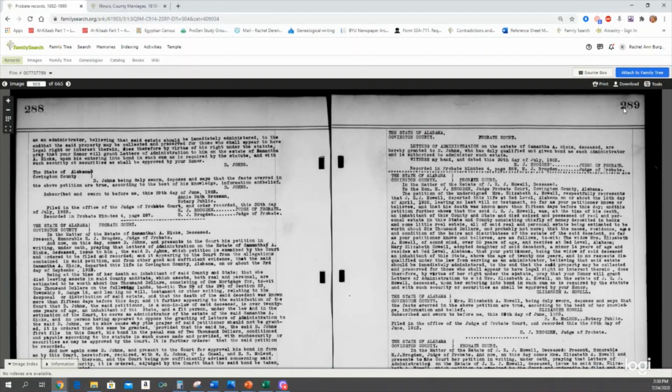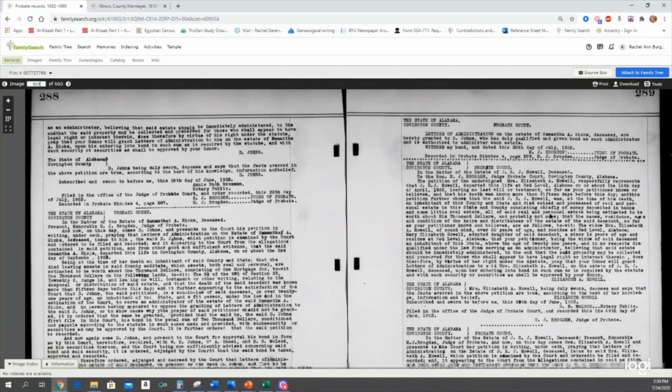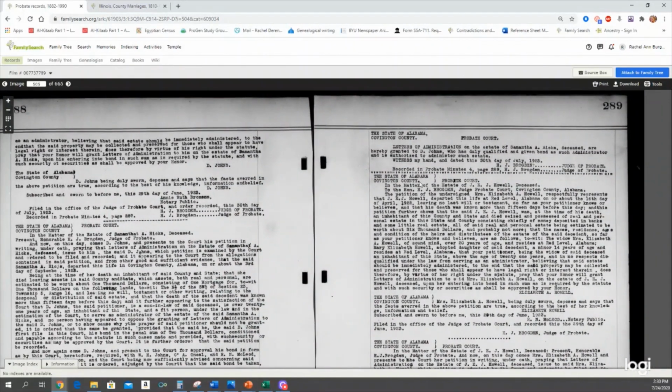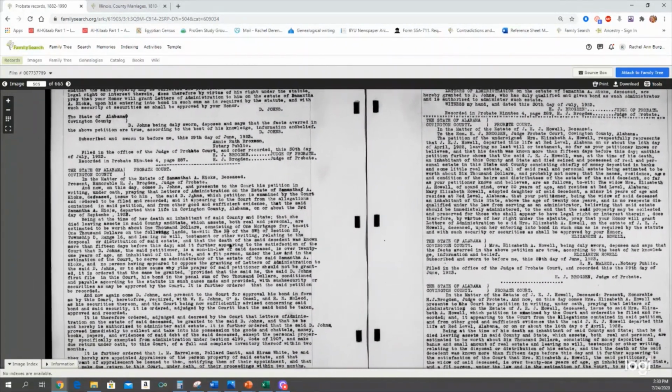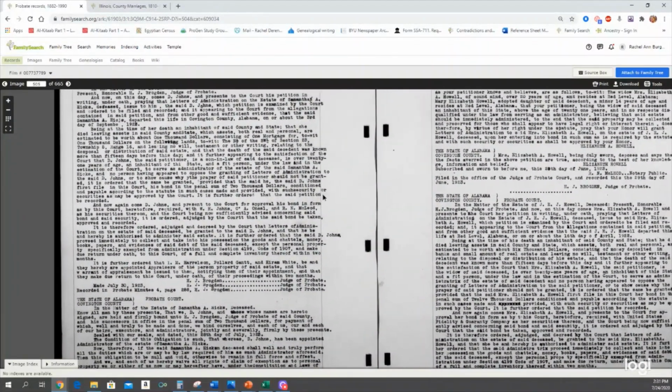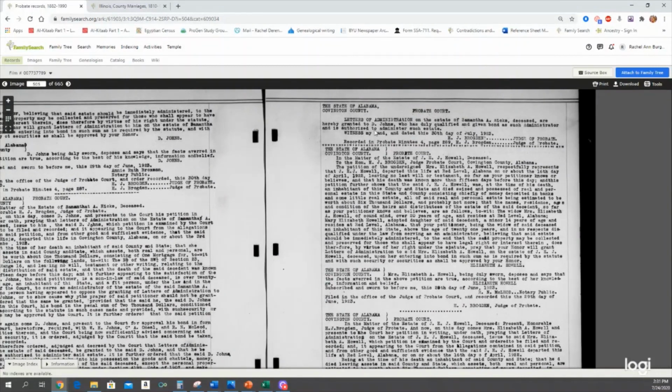We're at 289. And again, get your bearings. Try, at least for a second, to see how the county had these records organized. You'll note some patterns. You see the state of Alabama, Covington County Probate Court, and you'll see that a few times, which could indicate that we're looking at different cases, maybe at different items of a case. Looks like this is for the same person, Samantha A. Hicks, Samantha A. Hicks, Samantha A. Hicks. But then you have this right here, I imagine indicating a page break.